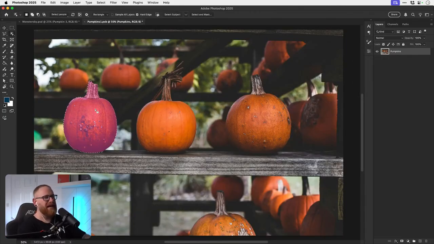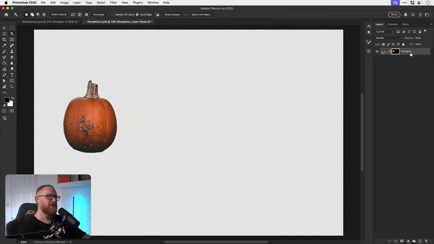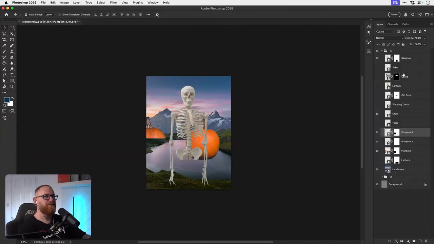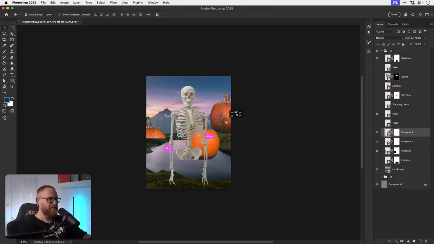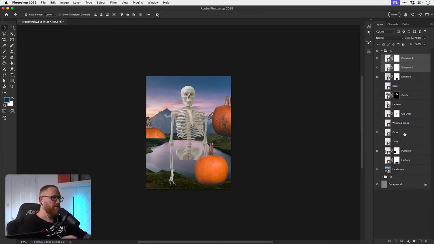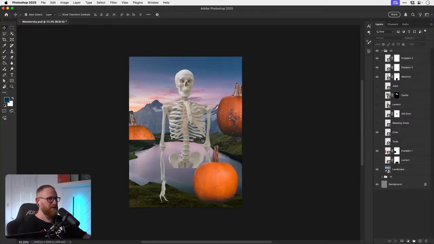Typically, if something has a really hard defined outline, or if it's manufactured, like a product, that's when I would use the pen tool. So I will go and refine these selections at some point. But right now, we just need to put them in somewhere, really. Could put a pumpkin inside his ribcage and give him pumpkin eyes. I don't know.